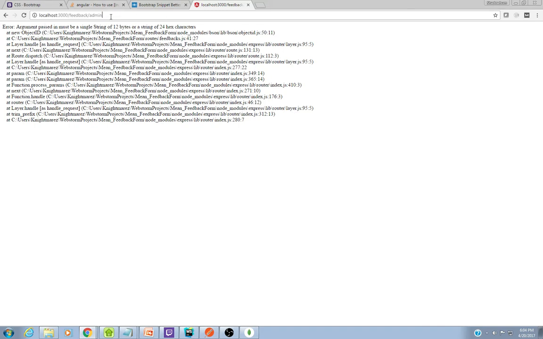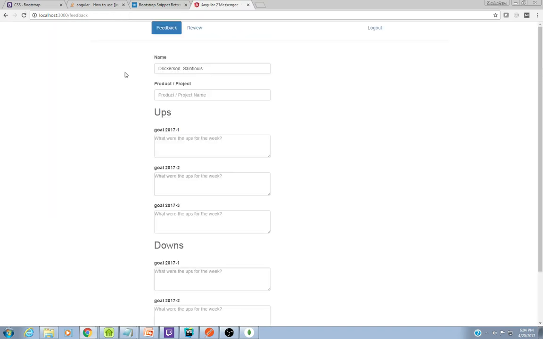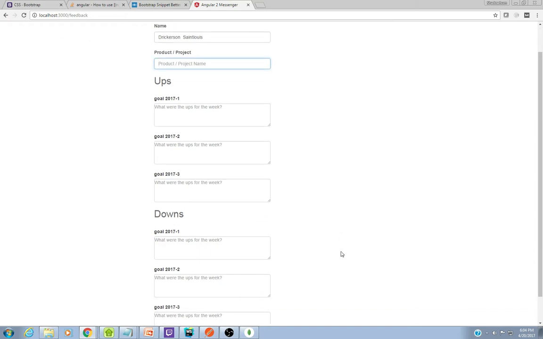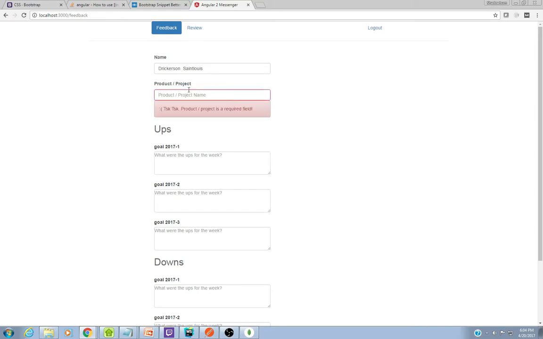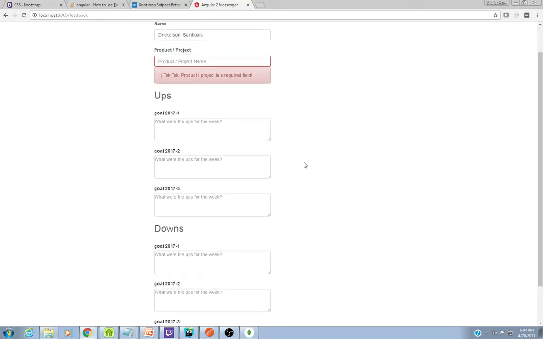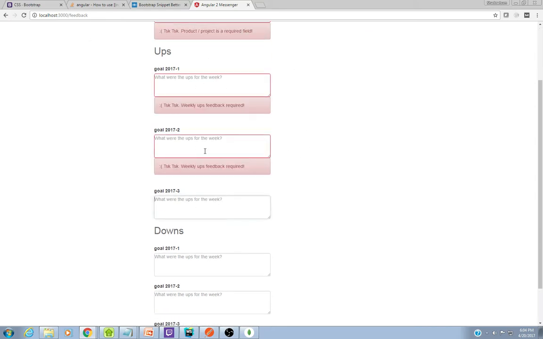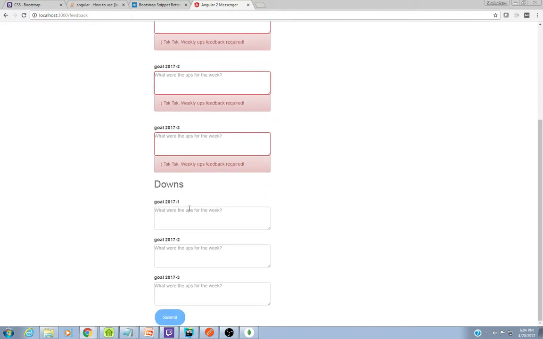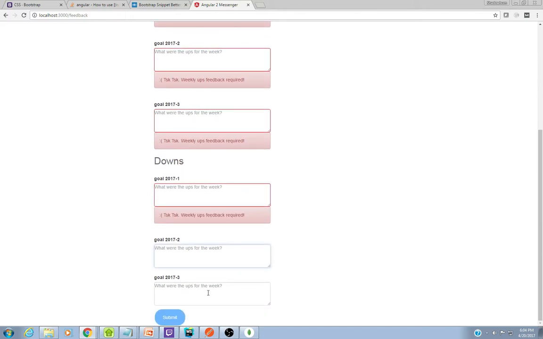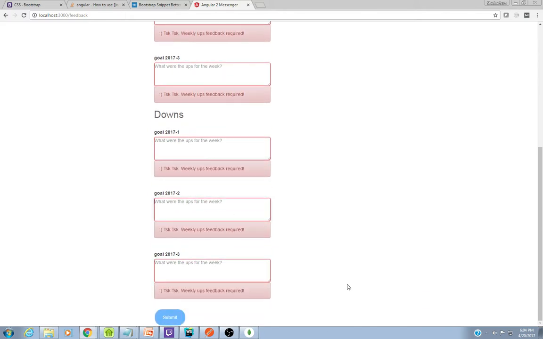Bad, bad, bad. So heading back to our original website, there we go. He has access to only the feedback. So now let's create, well, we also have form validation, and these are dynamically driven fields. So these are rendered based on the user's group, and we see that they all have validation, and so does